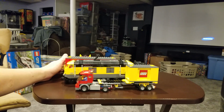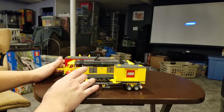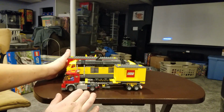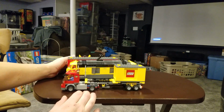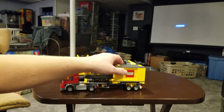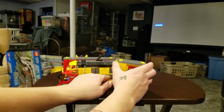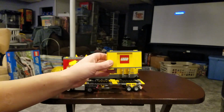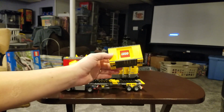It was a fun build. Here is our tractor trailer, and these obviously come off the bed with the gantry crane,